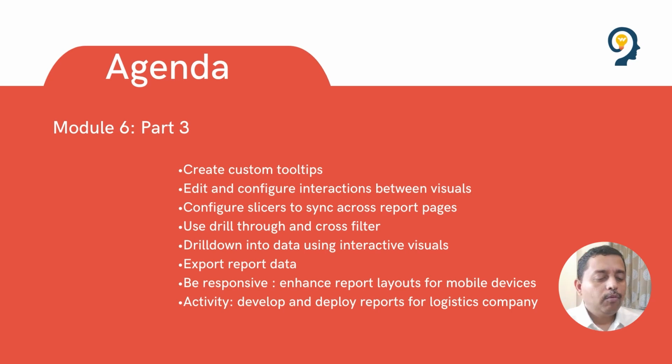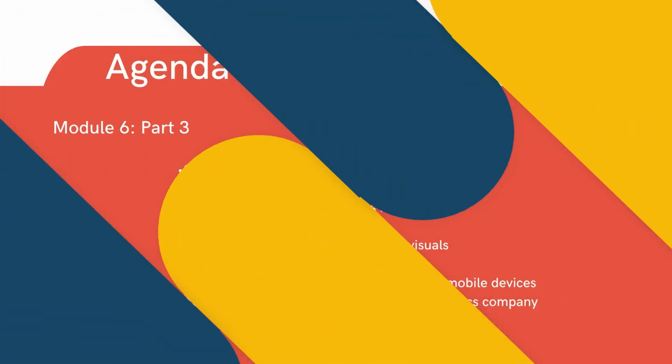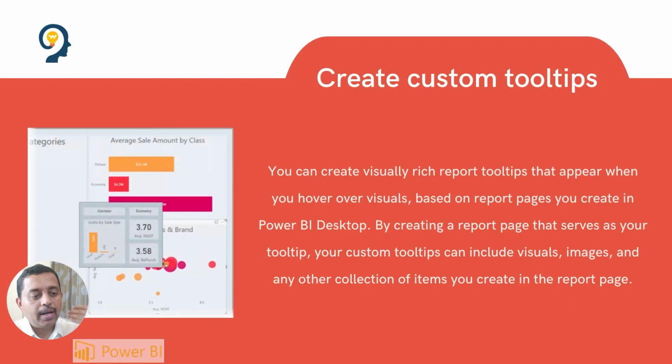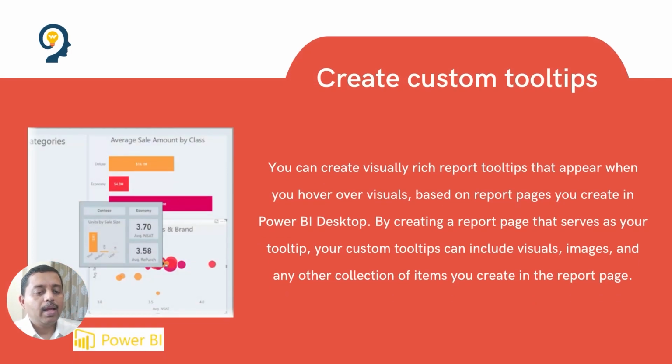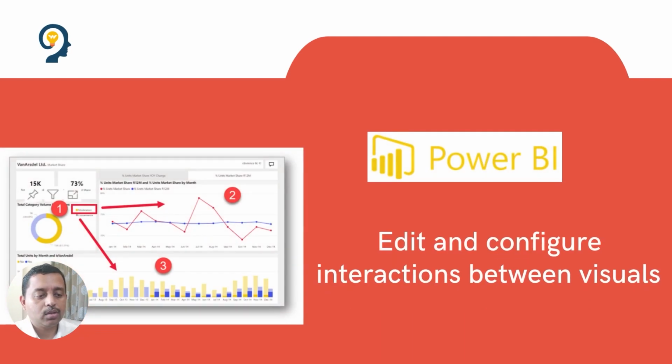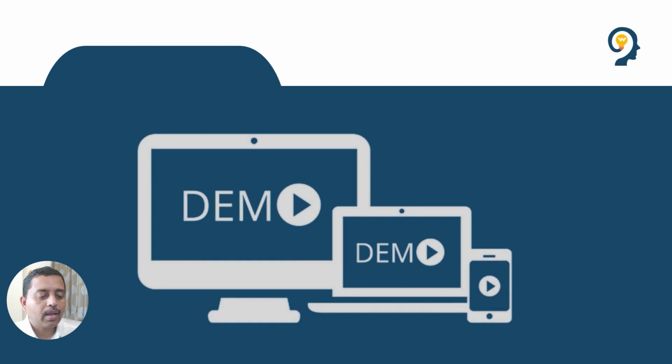So here we have the same module 6 data visuals, ERP data visuals module, the file that we just had converted into a theme based report or something like this. What we are going to do over here is see how to create the tooltips, and how do we create and configure the interactions between the visuals. So these two things we are going to see back to back over here.